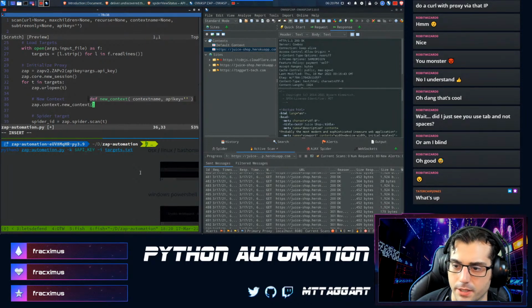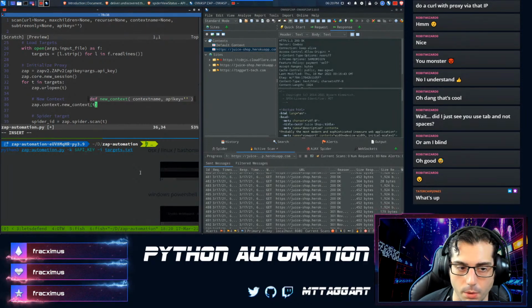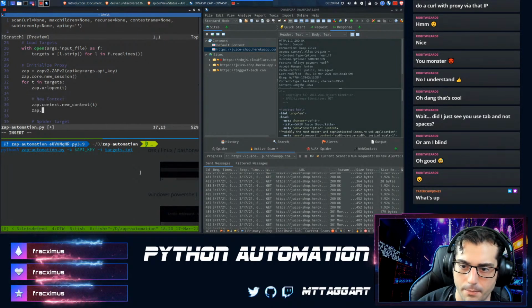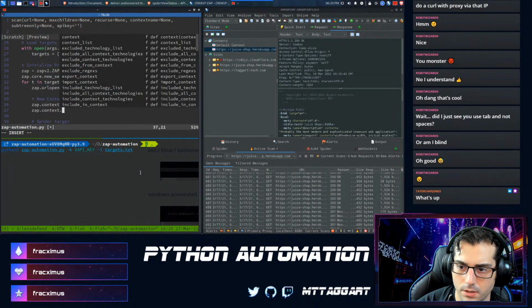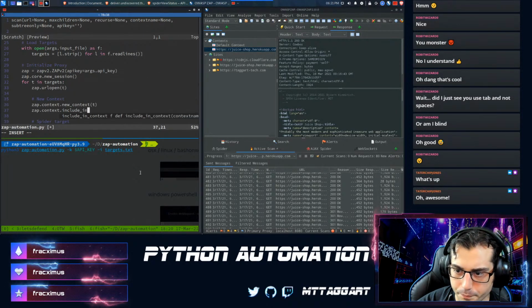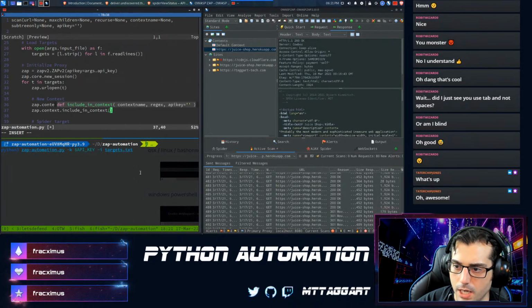So we're going to make a new context. The context name can just be the URL. And then we can do zap.context.include_in_context, which takes two arguments.